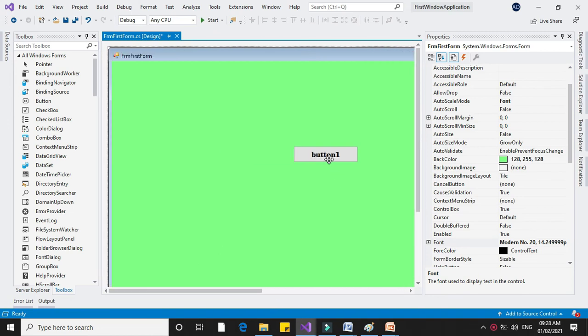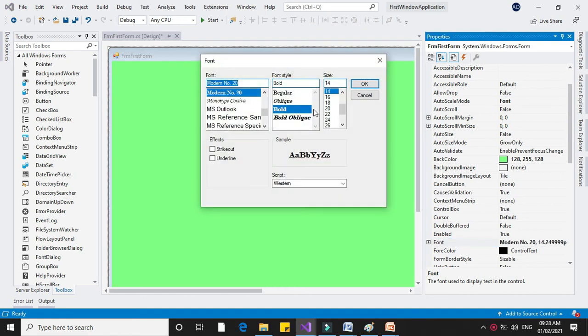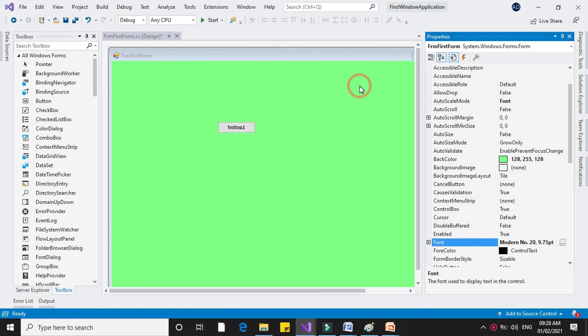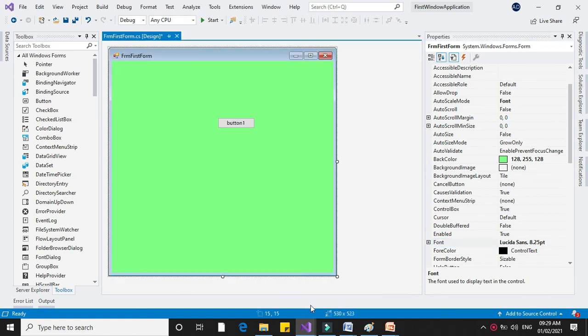And the button that you have added on this form also changes its font, because form is a container control and all the controls that are on the form will get the font property from the form. If I set regular and 10, the form size also changes.